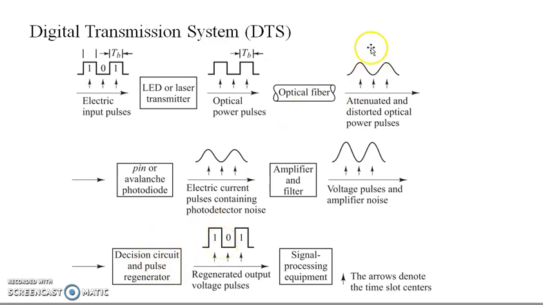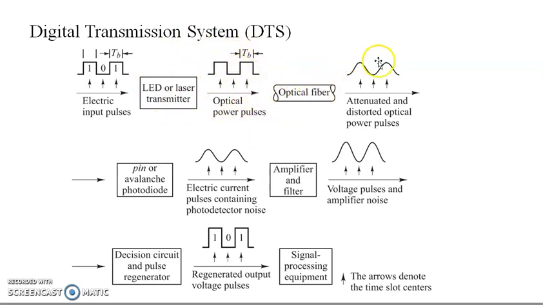If there is more attenuation, then it is difficult for the decision circuit to identify the 1 and 0, so there is signal loss. That's why we need to consider a fiber with low attenuation. We also need to see that whatever source we use couples all its power into the optical fiber, meaning power coupling takes place here.